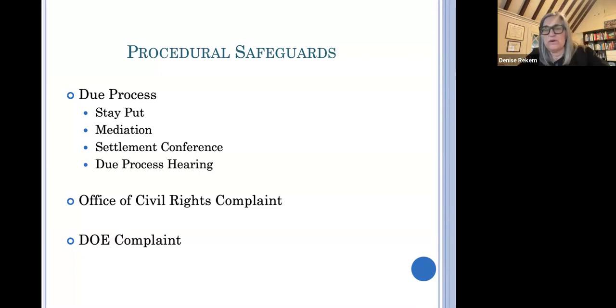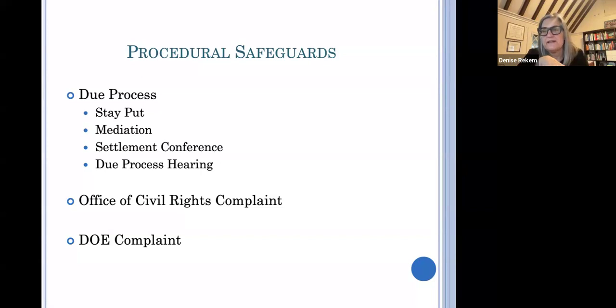If things don't work out at the mediation, they send the file to the Office of Administrative Law, which is where these cases are heard at the first level, and you'll have a settlement conference with a judge. That's sort of another bite at the apple of mediating the solution, but with a judge, not the judge that would hear the case, a different judge, a settlement judge.